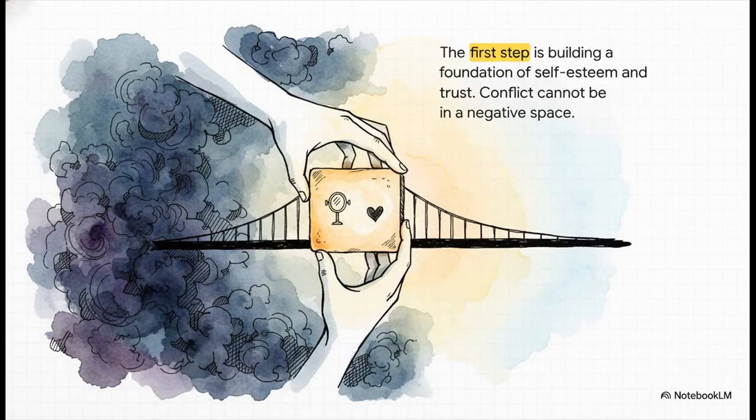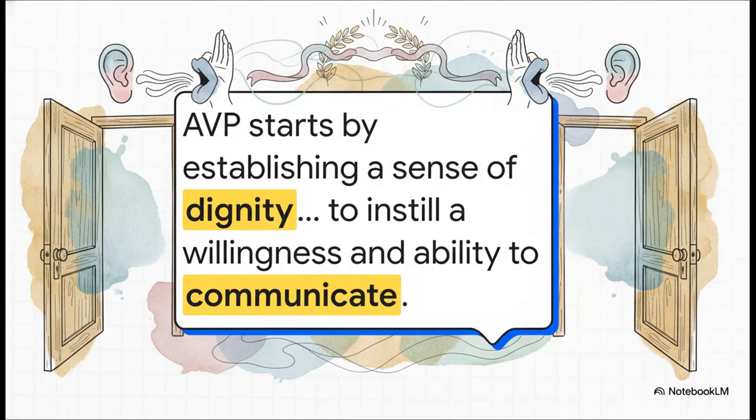The first step, and honestly it might be the most important, is affirmation. The whole idea here is that you just can't solve problems in a negative space. You have to start by building a foundation of trust, by recognizing the good and the value in everyone you're dealing with, and that includes yourself. And this quote just nails why affirmation has to come first.